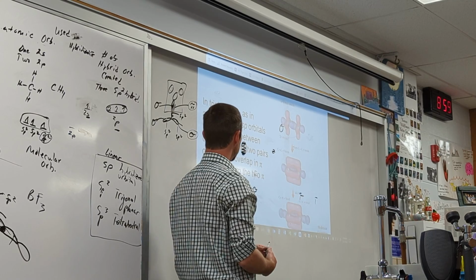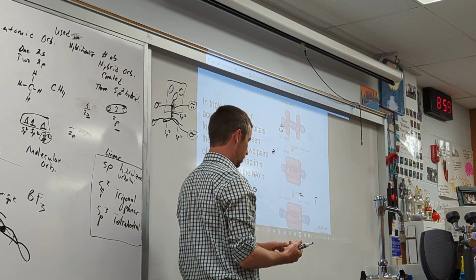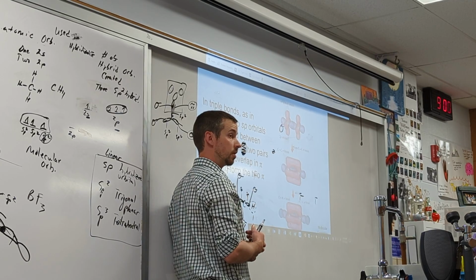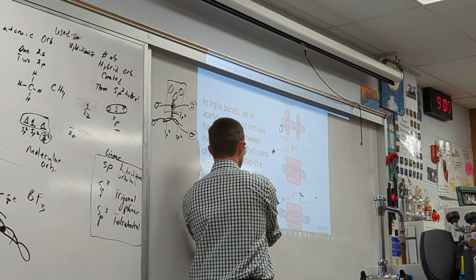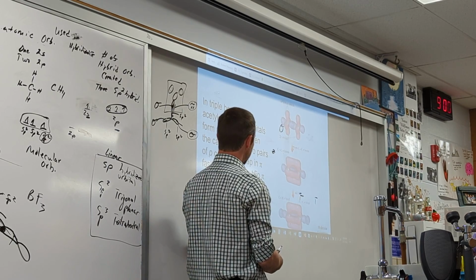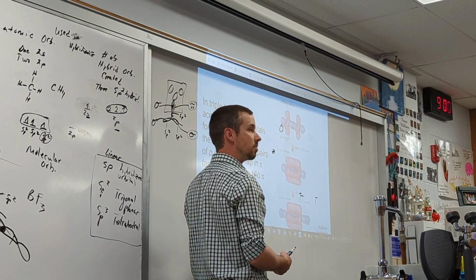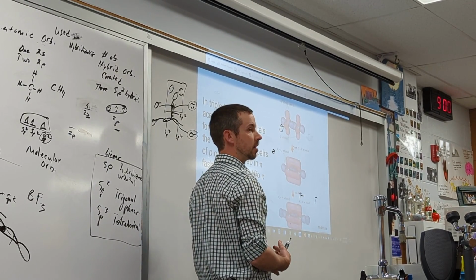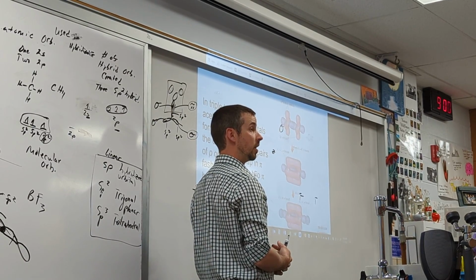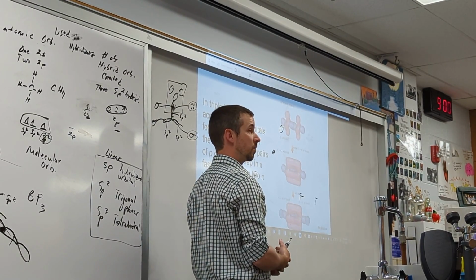In general, between a double, triple, or single bond, in terms of strength, who's the strongest? Triple's the strongest, because more density is overlapping. However, if you had to break any one of these bonds, is it easier to break a sigma or a pi? Easier to break a pi. Why is that?